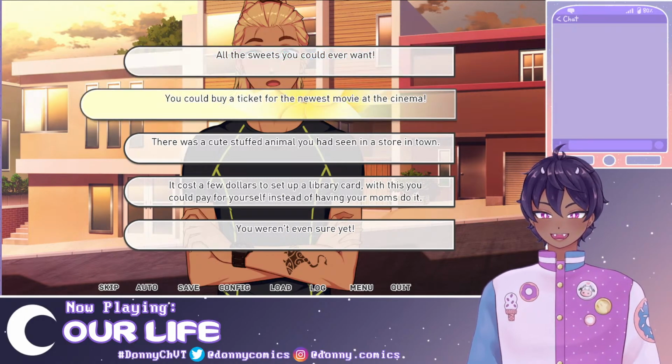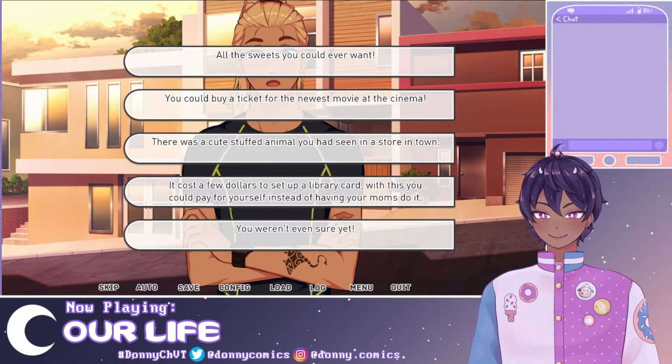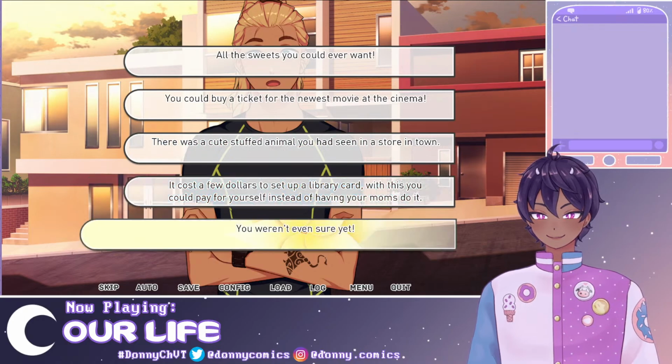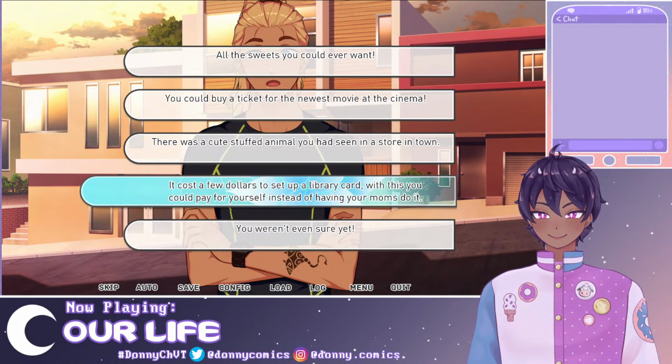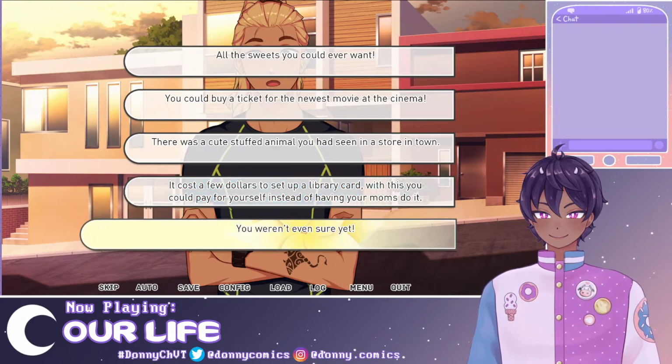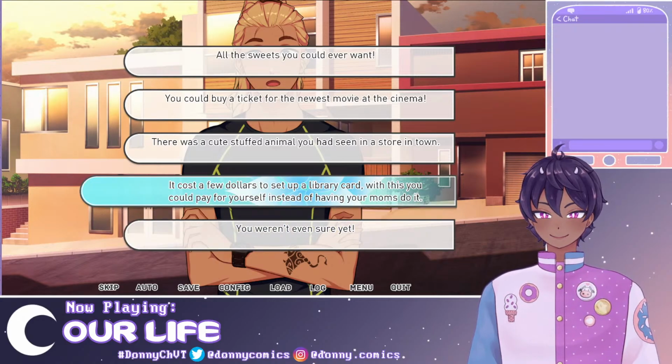You could buy a ticket to the newest movie. There was a cute stuffed animal. Oh, that's also something I would do. It costs a few dollars to set up a library card. You could pay yourself instead of having your moms do it. I was a library kid. I was definitely a library kid. You weren't even sure yet. I'd probably spend it on